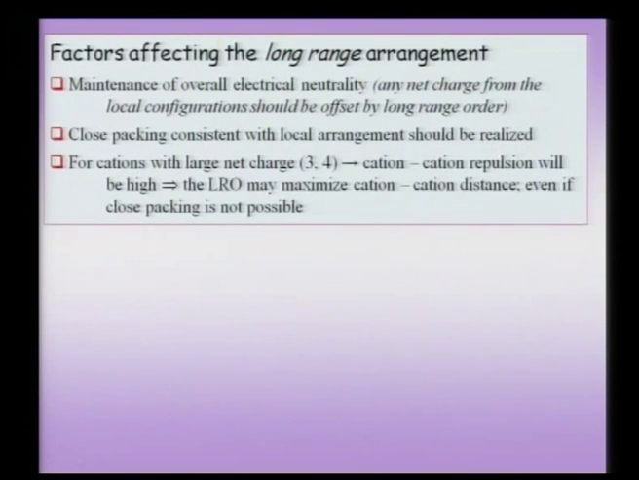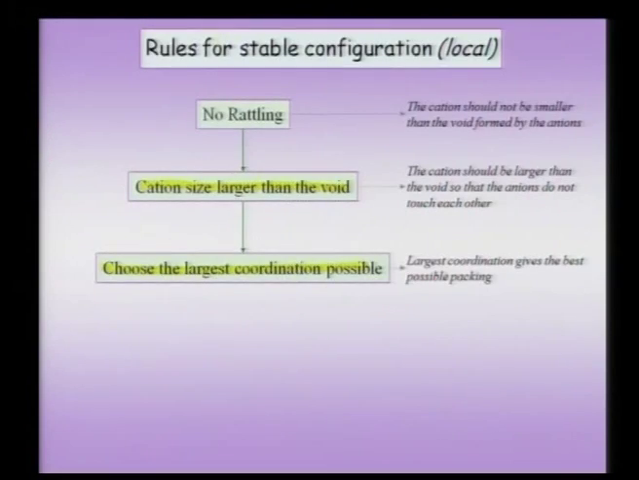Now, these are the rules we have considered so far for local coordination. So, let us go back and revise the rules for local coordination. We said that first, number 1, there should be no rattling. In other words, the cation cannot be smaller than the size of the void which it forms. The cation's size should be larger than the size of the void, and this is something very important to note,